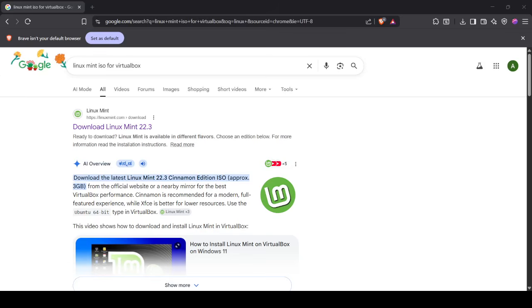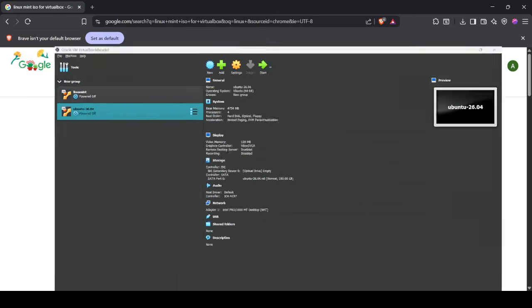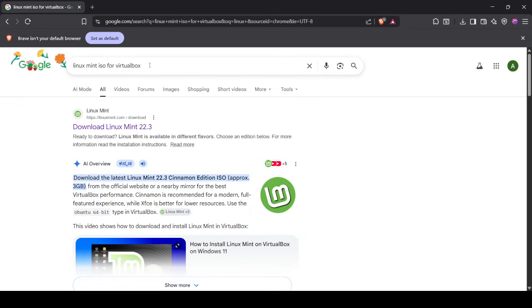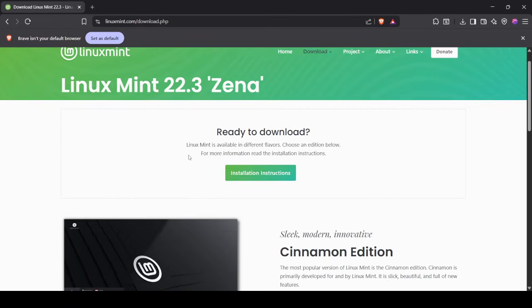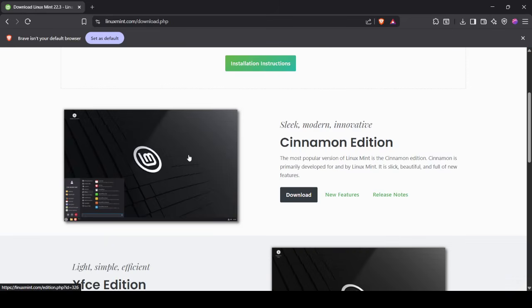Hey everyone, in this video I will show you how you can install Linux Mint 22.3 in your Windows system inside VirtualBox. You need to search on Google for Linux Mint ISO for VirtualBox. First of all, you need to download one ISO image, and that image will be used in your VirtualBox to install this particular